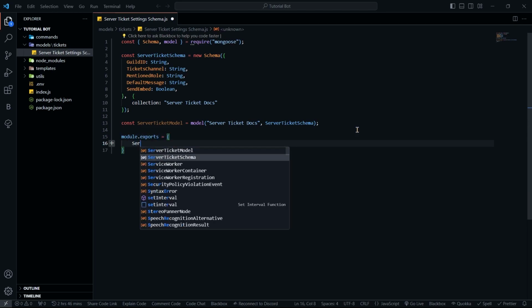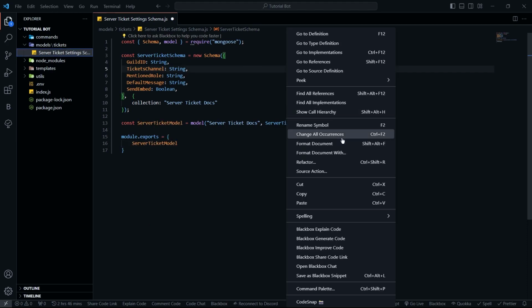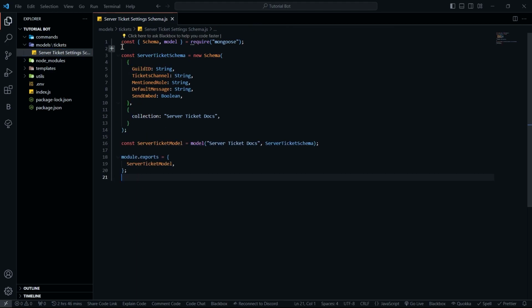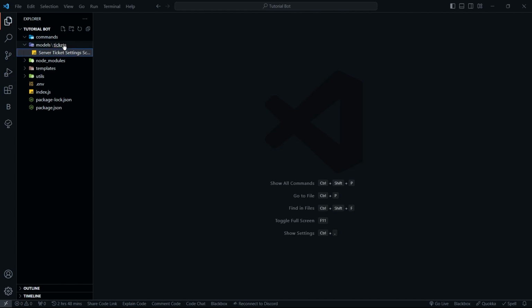I'm going to say server ticket model. And let's just format this and let's exit out of here. The other thing we're going to create is a user ticket settings